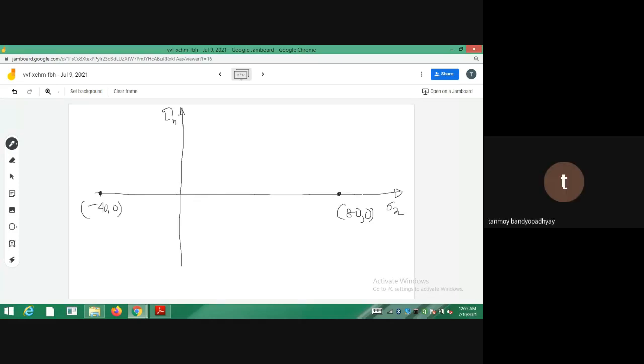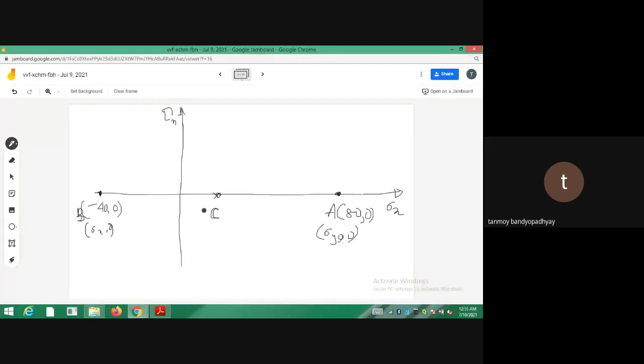So this is the point A, this is the point B. So you have got the 2 points. This is actually sigma x comma 0, and this is the point with sigma y comma 0. So I have to find out the center. The center will be at sigma average comma 0. So you bisect this line, this AB line.